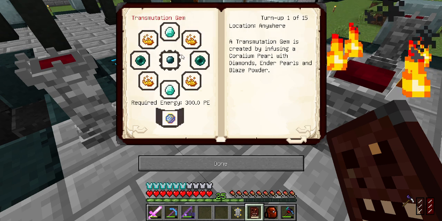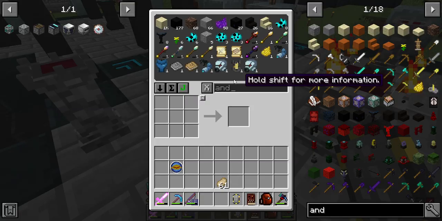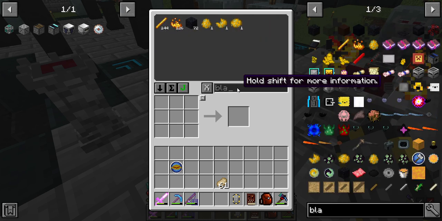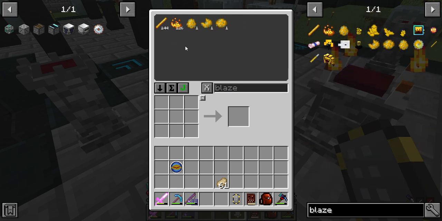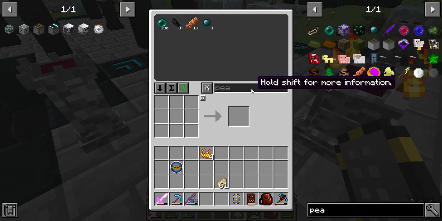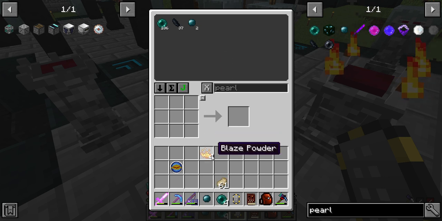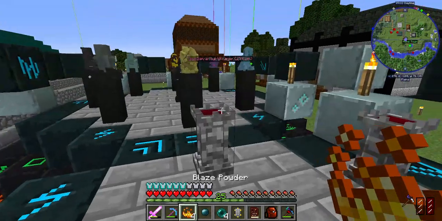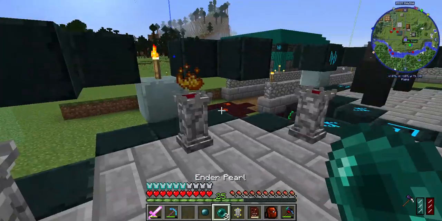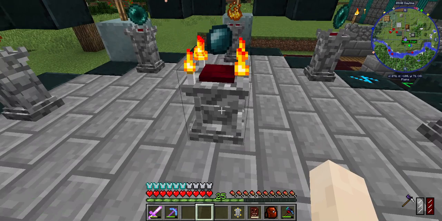So I wanted to make this guy as a ritual gem. Let's do that real quick. I'm not sure what it does, but let's do it anyway. And Blaze. What is wrong with my keyboard? End pearls. And a Corellium pearl. And I think we got to do the outside ones first. Now, let's just hope this works, because it tends to do what it wants. Like I showed you guys before, it wasn't working, and then all of a sudden I tried it off camera and it worked. So I don't know what happened there, but